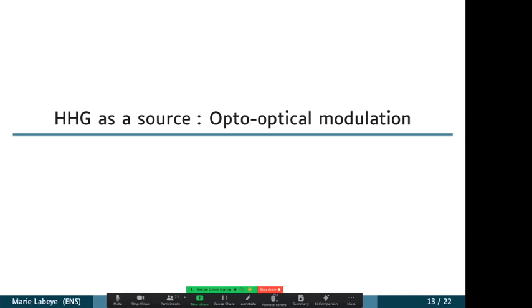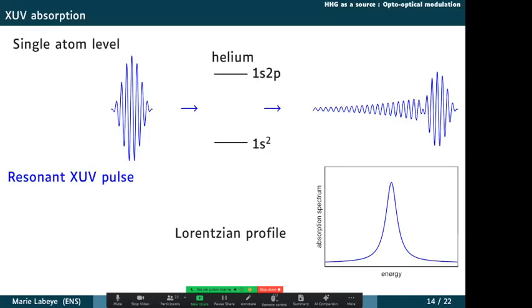At some point, HHG was the only way to have sub-femtosecond pulses. Now XFELs can, in a sense, also make sub-femtosecond pulses, but they are quite different. So HHG is really quite a unique light source. Here in this example, I will not use it too much as a coherent light source, more as a very broad one: since it's very short in time, it's very broad in frequency. And in that case, interesting features can be observed.